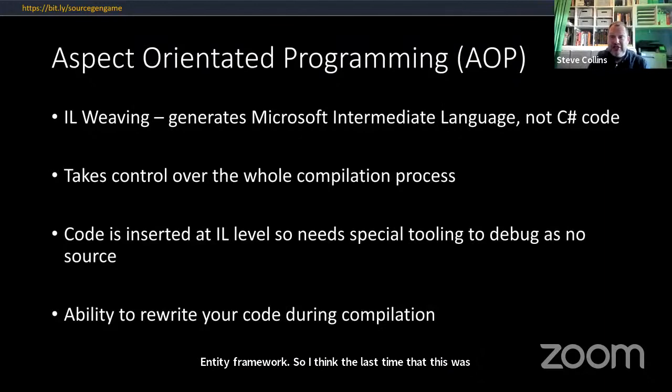Outside of Microsoft, other code generation development was going on in the world of aspect-orientated programming. Most well known of these is PostSharp, but there's also Fody, which is open source. These take another approach to code generation that is known as IL weaving. It's a complicated process, and I'm far from an expert in it, but the key factor is that these tools take over the compilation process and intercept it at certain stages to look for parts of code where the developer wants to avoid writing a load of boilerplate. So this might be typically things like adding common logging code or property change notifications.